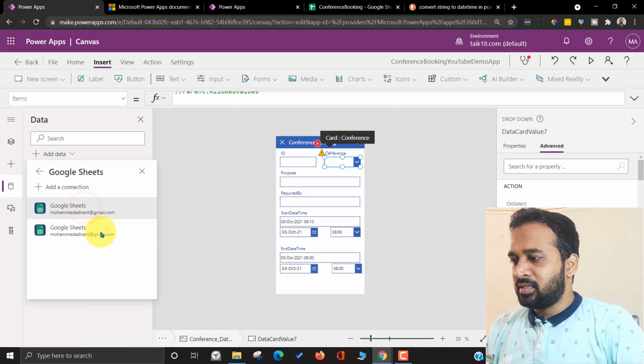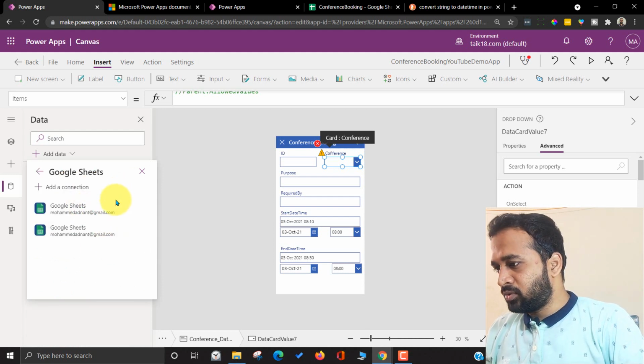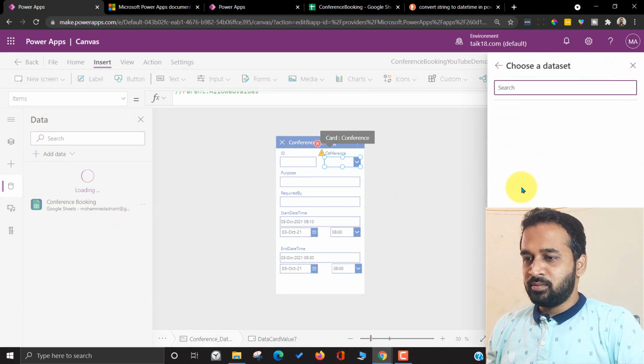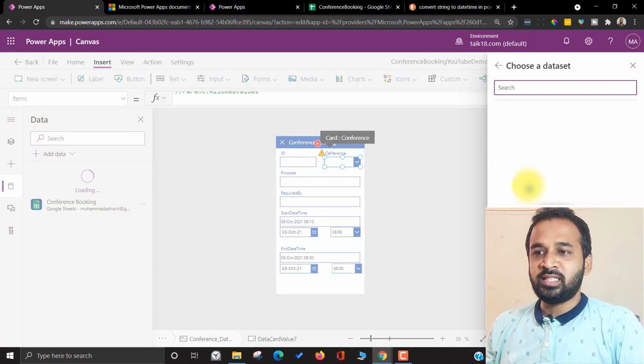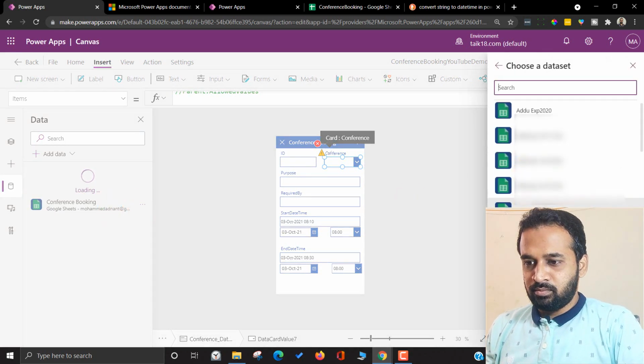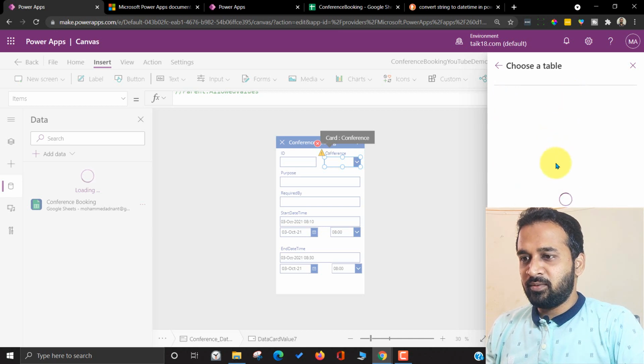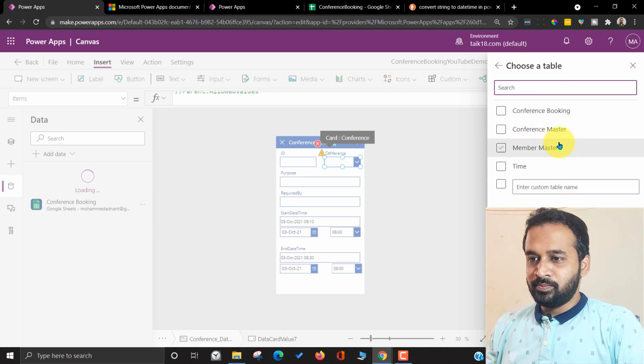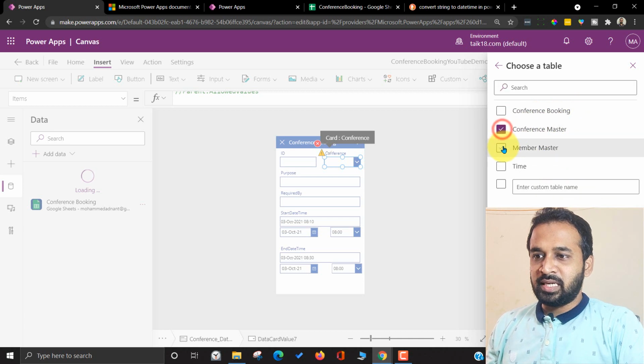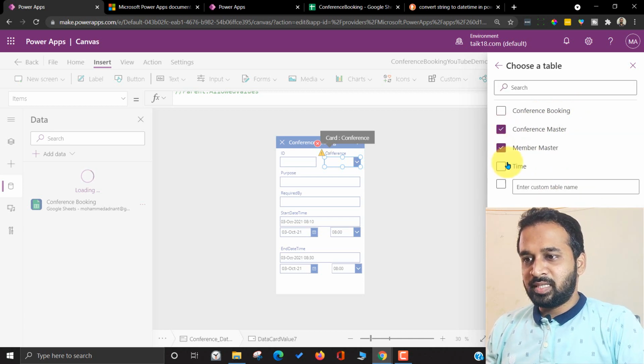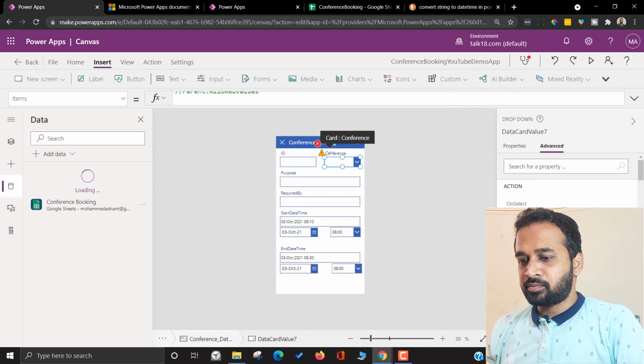Google Sheet is here and it's asking me for these two things. I can select any one. Now I need to select the files. This is Conference Booking, and I have these two now: conference master and member master. So ticking these two and connect.